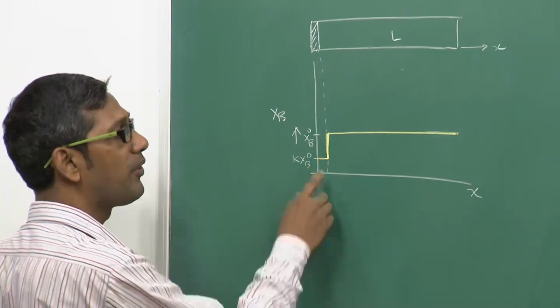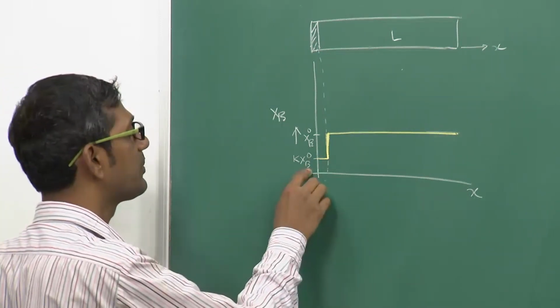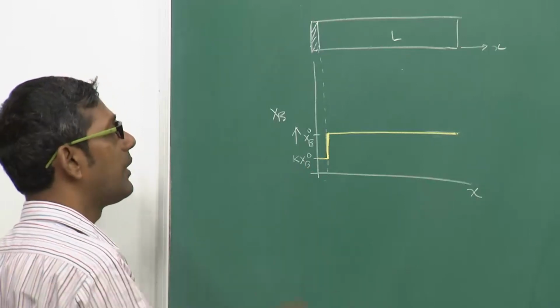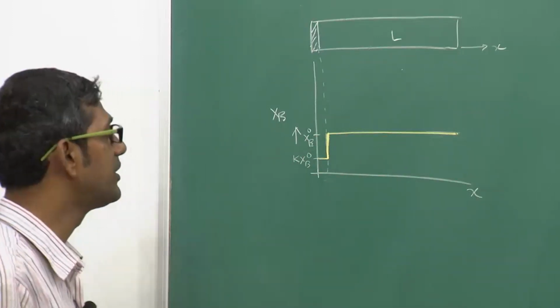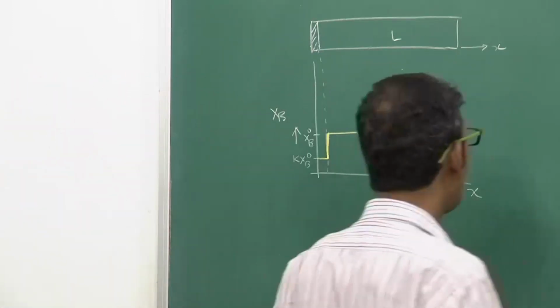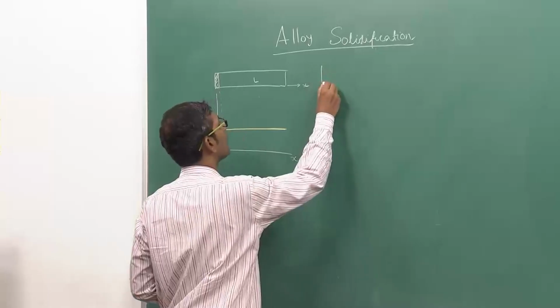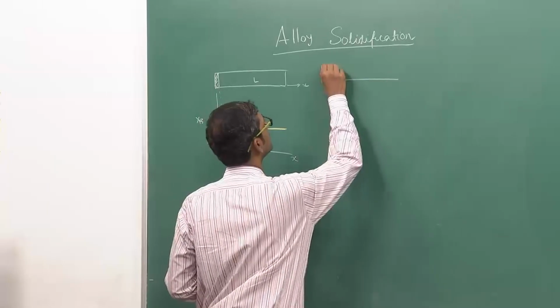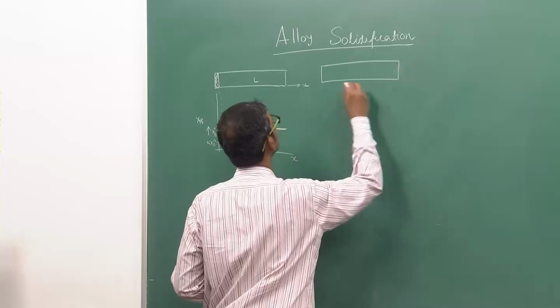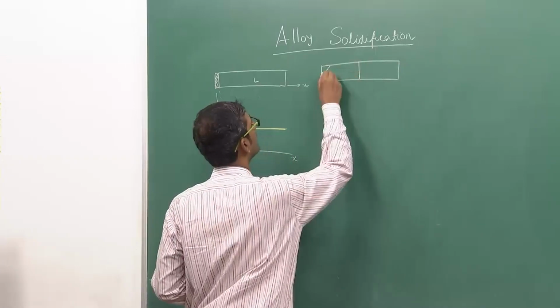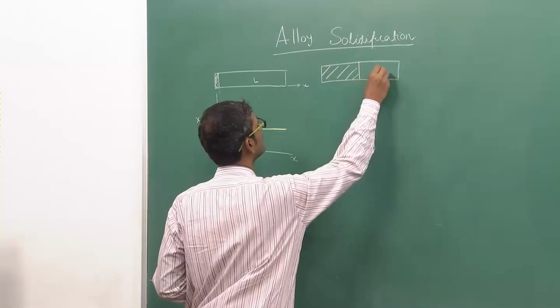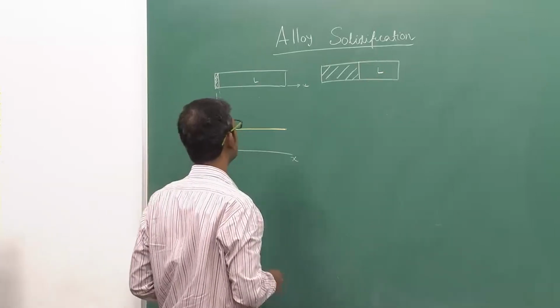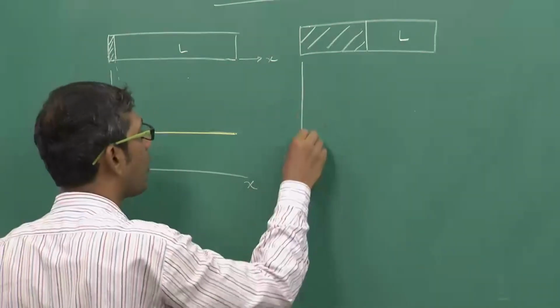So, the solid which forms at the beginning will have a composition of KXb0, where the liquid has a composition of Xb0 all throughout. Now, if I solidify a little more, what will happen? Suppose I solidify the same bar halfway, the hatched side is solid and this one is liquid. So, again let us plot